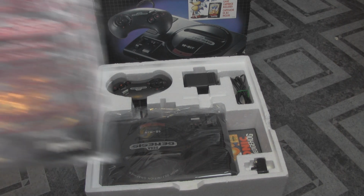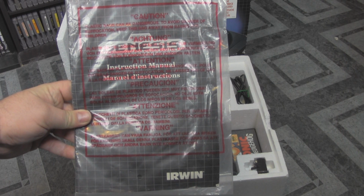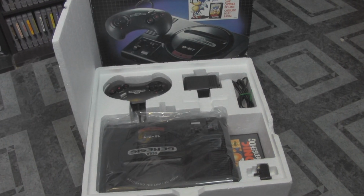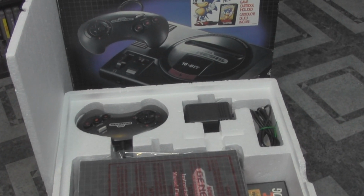Everything's inside. The manual, the bags, even the not-for-resale copy of Sonic the Hedgehog. This system is just incredible. I am so excited to finally add a Model 1 box Genesis to my collection. It's beautiful. So of course, after I added the Model 1 Genesis to my collection, I was so excited I